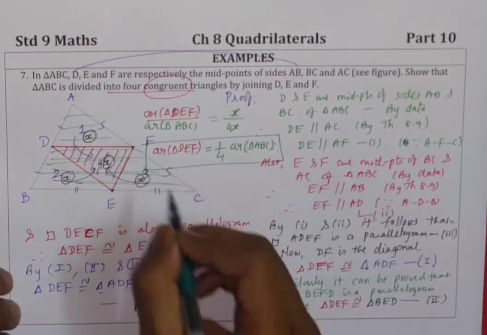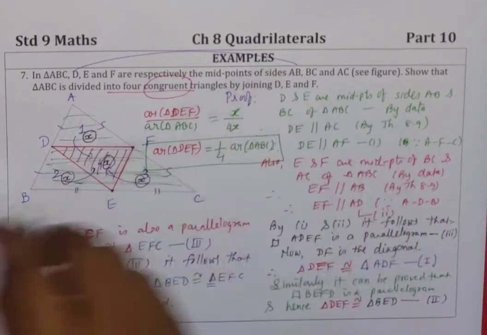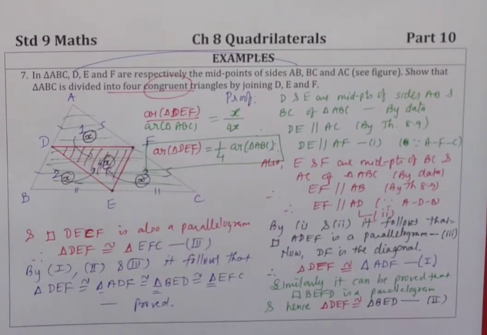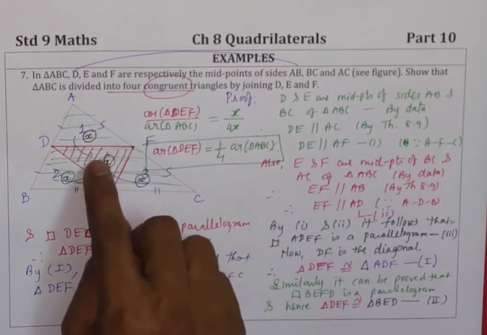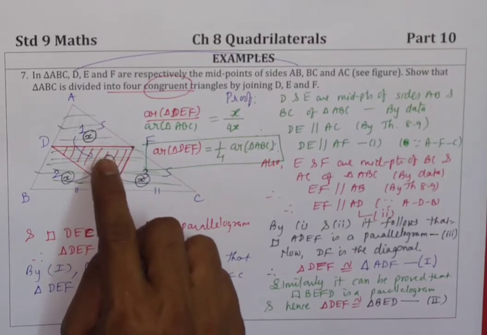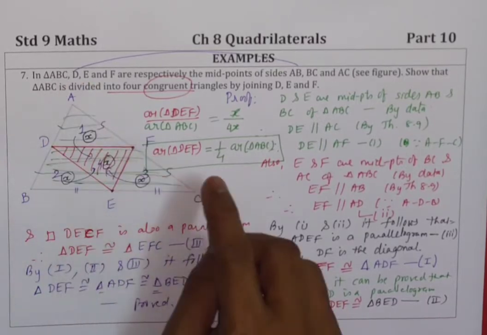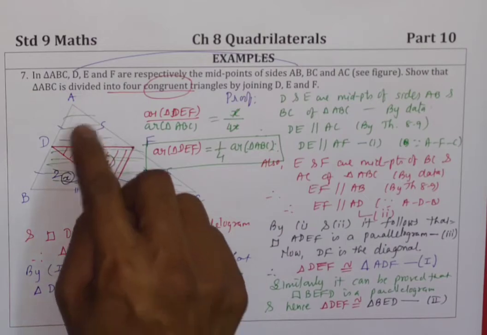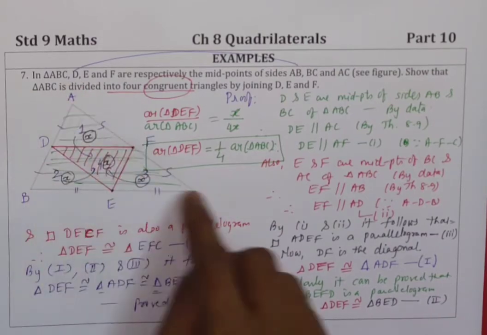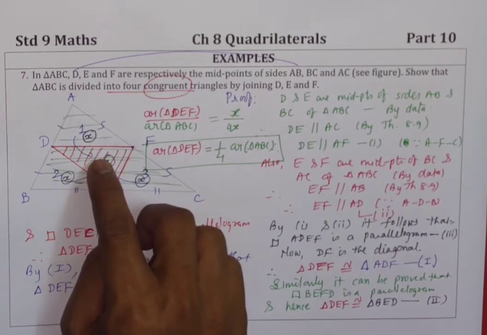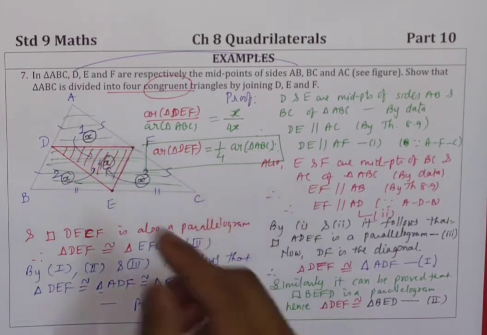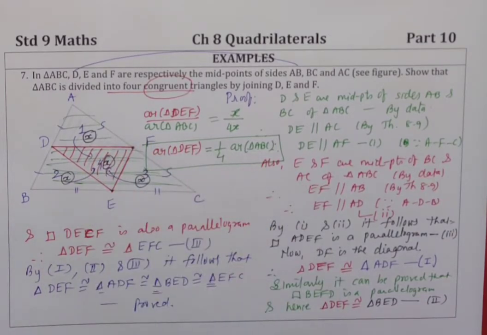So children, this is a very important result. Not required in this proof, but an important result that we have seen. Yes, sometimes a short question can be asked on the basis of that, of 1 mark. So using this result, you may find, for example, the area of triangle DEF is 5 square centimeter. So what is the area of triangle ABC? Yes, 5 4s are 20. Or it may be asked, the area of triangle ABC is 24 centimeter square. So what is the area of this triangle? Yes, 24 divided by 4. So that is 6. So that is how you can find out.